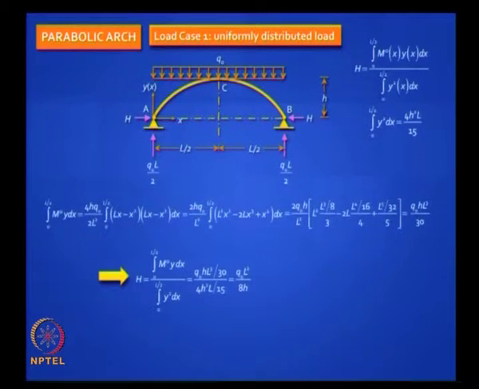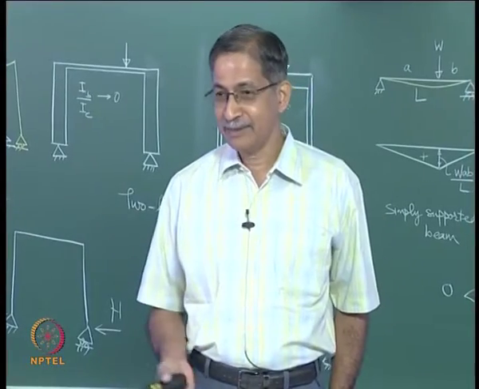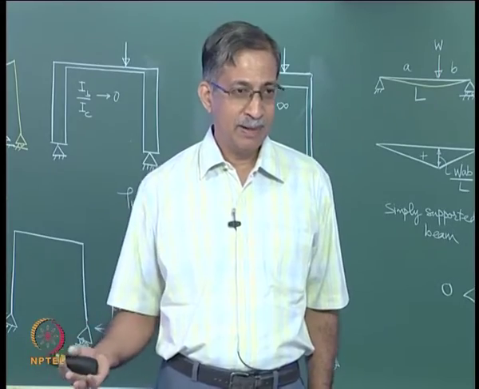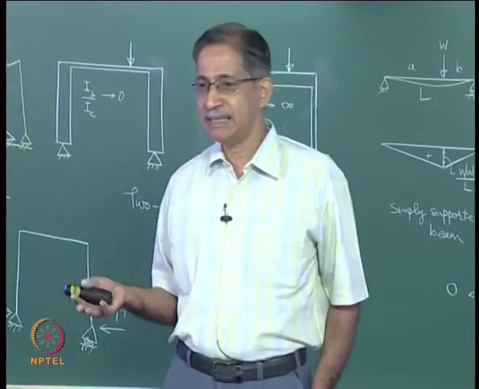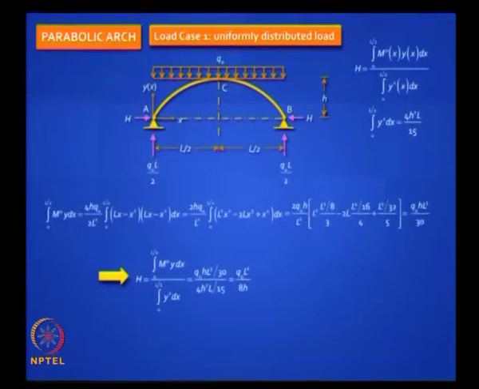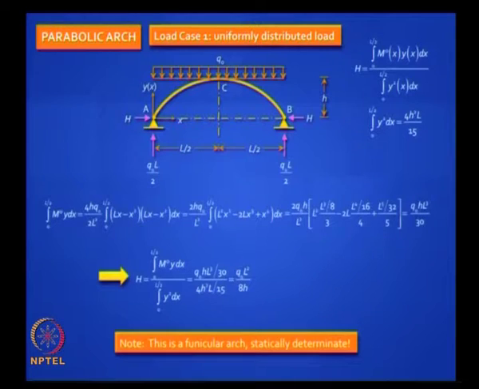So when people saw this result they said okay, so the error if at all in a generic case will be negligible. So this gave confidence in using this technique. Whoever suggested this was a genius because it simplified the work so much. Otherwise you will have to resort to numerical integration and all that, which is not worth it. It's a very simple way to solve any arch. Is it clear? This is a funicular arch, statically determinate.